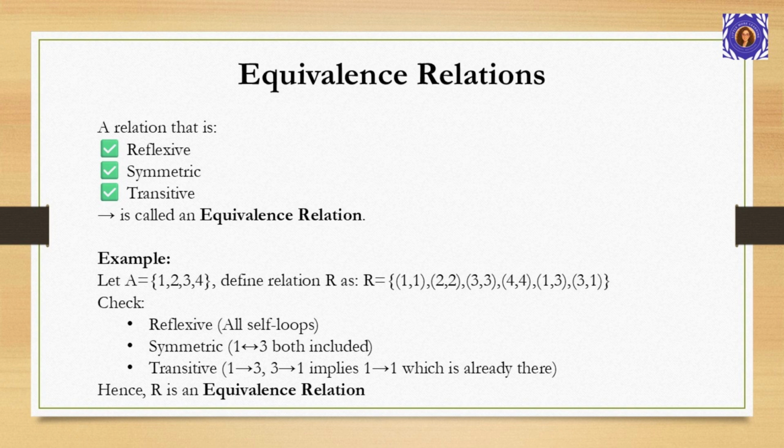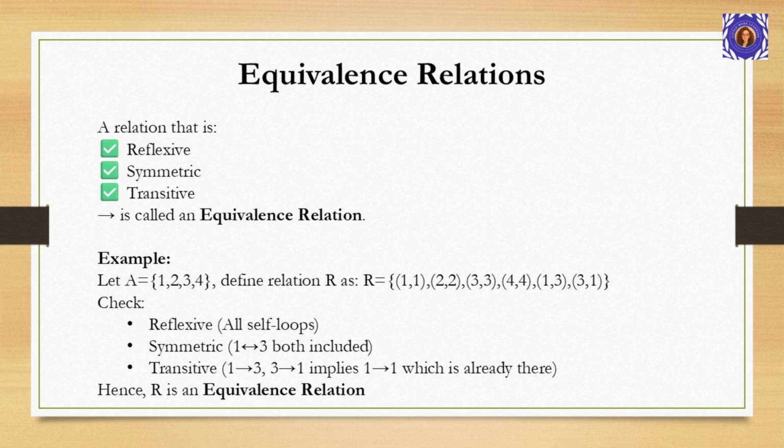Another example: consider the relation on the set of all triangles where two triangles are related if they have the same area. This is an equivalence relation that groups triangles by area regardless of the shape or orientation. The power of equivalence relations lies in their ability to partition sets into meaningful categories, which brings us to our